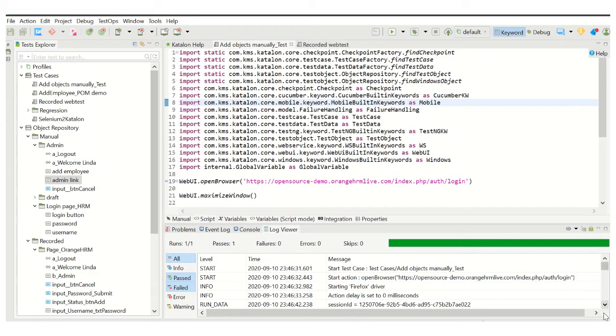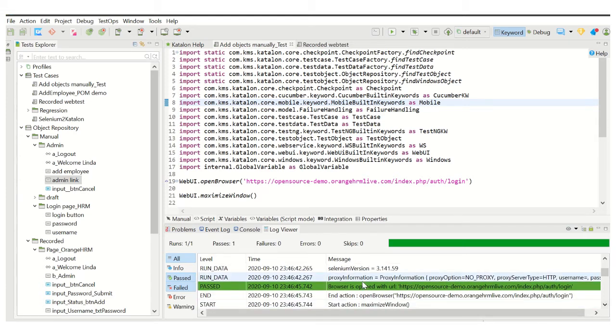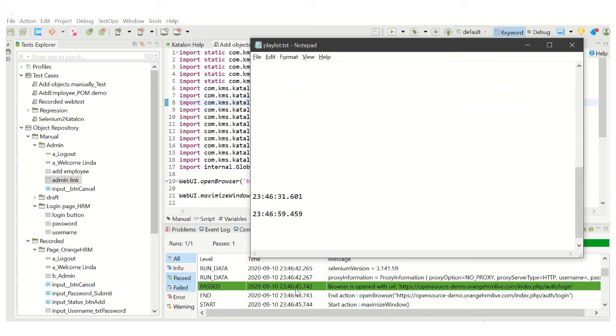Now let's notice the time when it actually started the execution, which is 23:46:45.742.